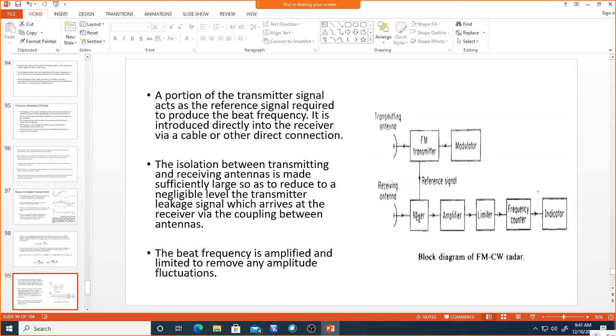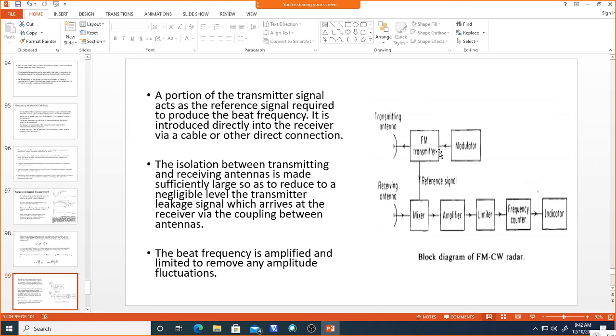So this we can see here. The mixer converts the received echo signal to an intermediate signal, and the amplifier is going to amplify it. The limiter's function here is to get the proper echo signal after the amplifier. And this frequency counter, which is referenced to the timing mark we discussed, will indicate, based on the timing mark, whether the target range is properly detected or not, and it is going to increase or decrease based on the target.